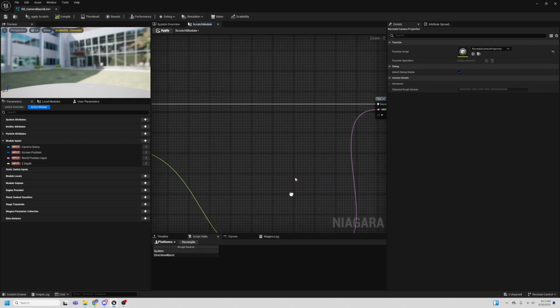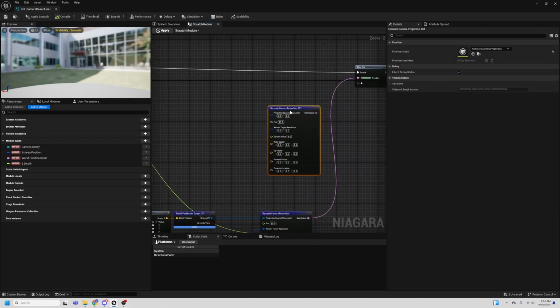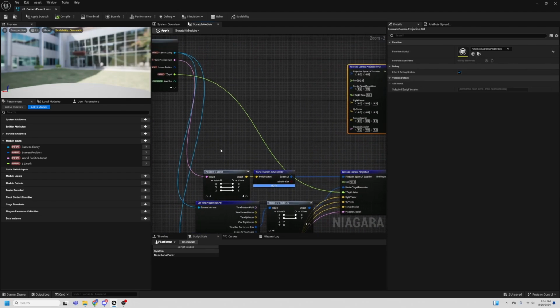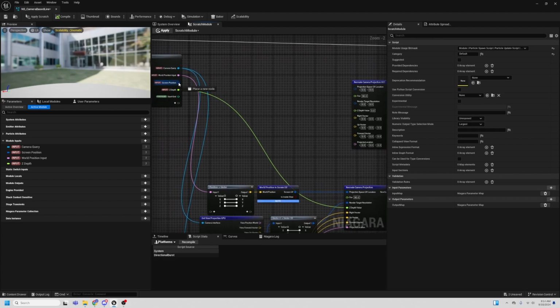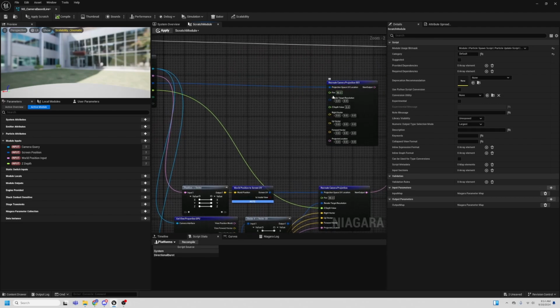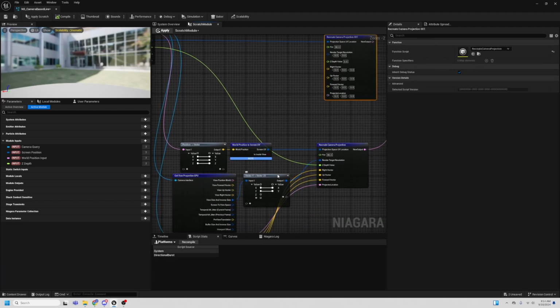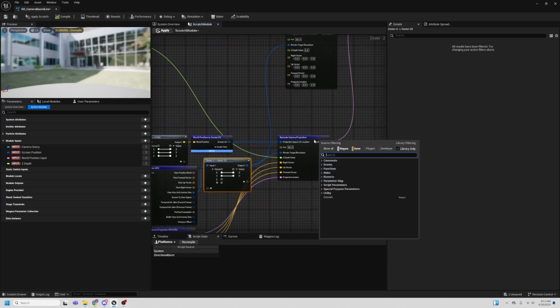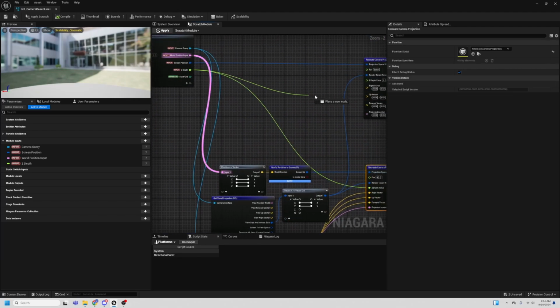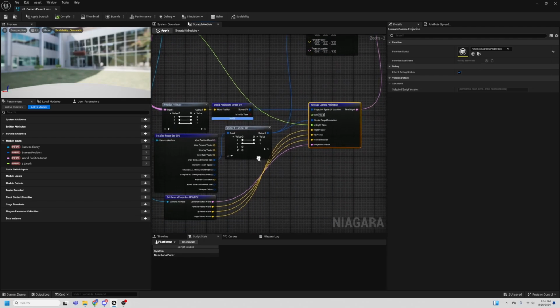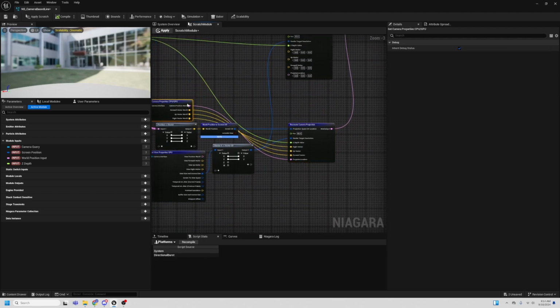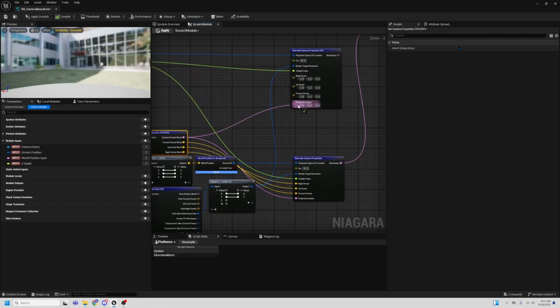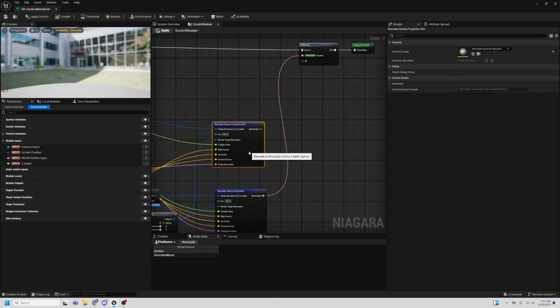So we need another recreate camera projection, and we can just plug in our screen position here. So the same for the FOV, and we can have the same render target resolution, of course, the same depth, and then also the same for the camera forward vector, the up vector, and the right vector,